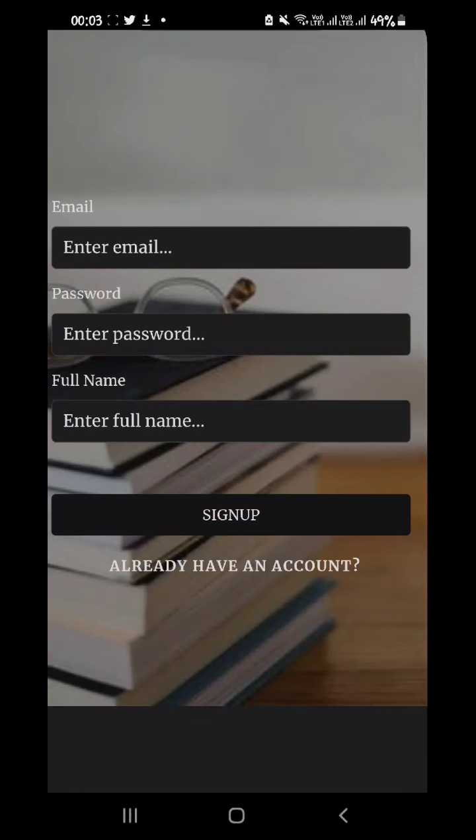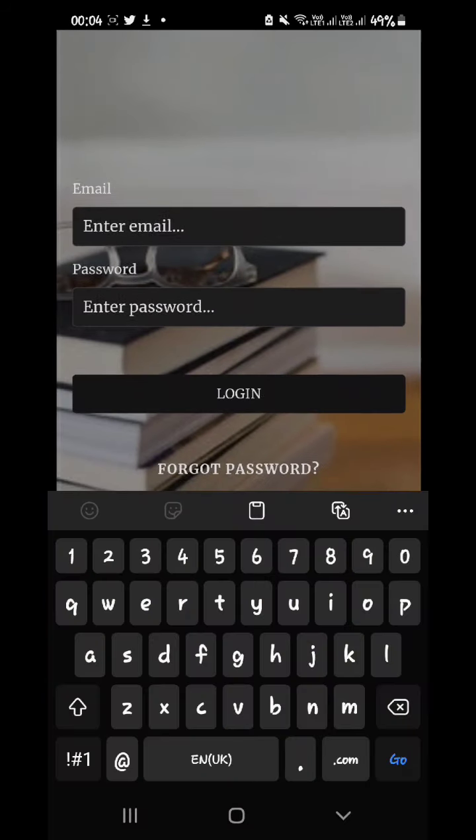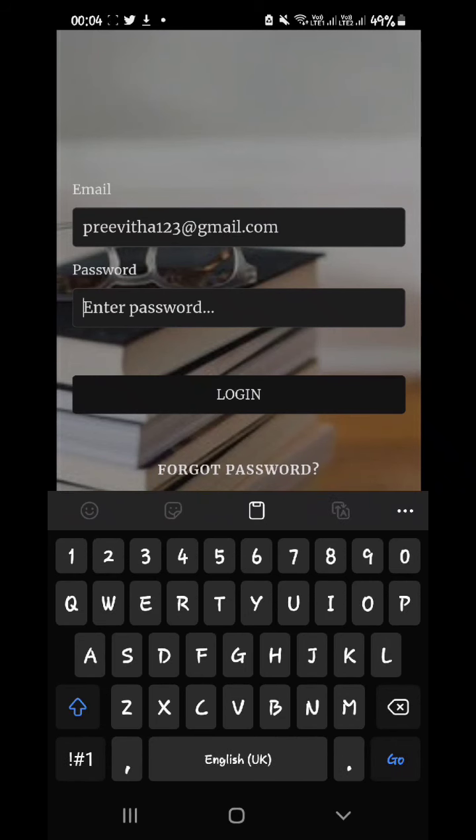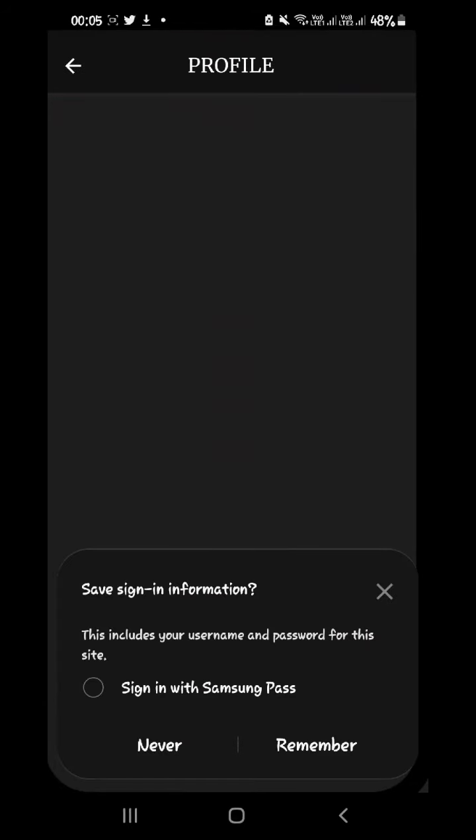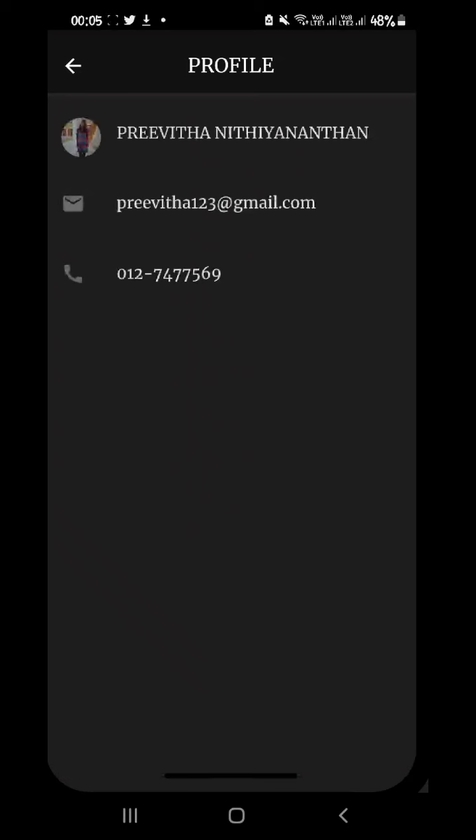So this is the application. Already I have an icon. So first you have to type the email address, that privita123 at gmail.com. Second is you have to insert the password. After that, login, home picture, then this is the profile, then notification,